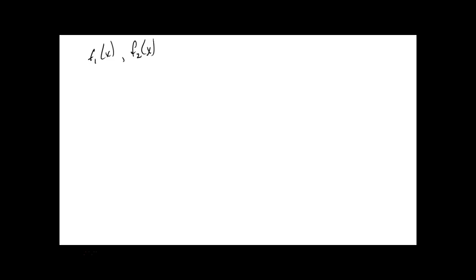that are both not zero, such that for every x in the interval, if these are linearly dependent, then there's a c1 and a c2 such that c1 f1 of x plus c2 f2 of x is equal to 0. Okay? And these c1 and c2 not both 0. Okay? Now,